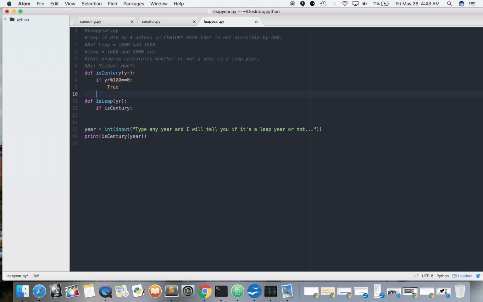So I think this is all we need. Return true, right? Which is a Boolean data type. Okay, Boolean gets a keyword, true and false. So return true. So then if IsCentury